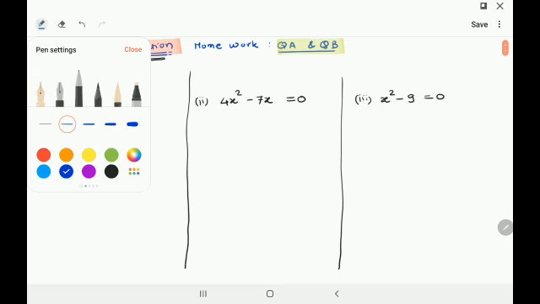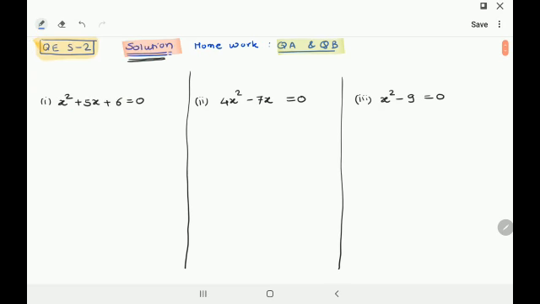Now, I'll solve these three equations using the factorization method. What exactly does it mean? It's a simple concept. Factorize the given polynomial. That's it. Finished. Answer is done. How can I factorize this? You will easily say splitting the middle term, right? I'll do that. 6 is to be split to get 5 as a sum. So 3 into 2. 3 plus 2 is 5, 3 into 2 is 6. Yes, exactly correct. So I get x square plus 3x plus 2x plus 6 is equal to 0.